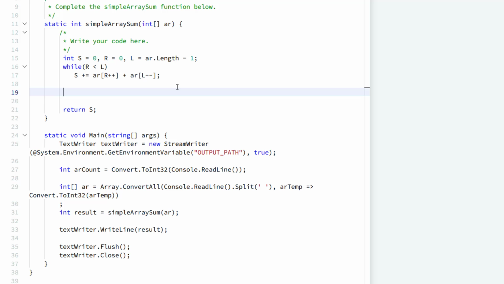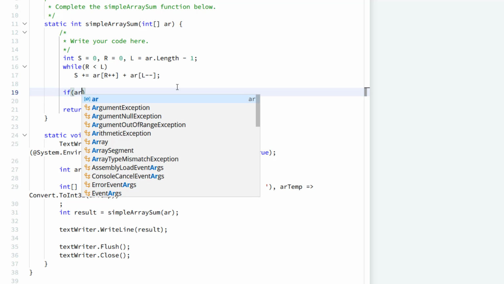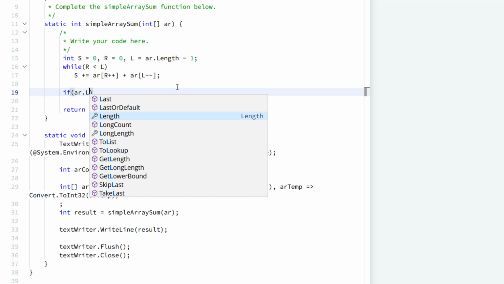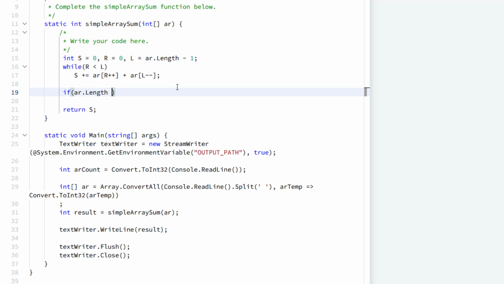So for this, we need to check. I'm going to say that if R dot length mod 2 is equal to 1, meaning that it's actually odd, then